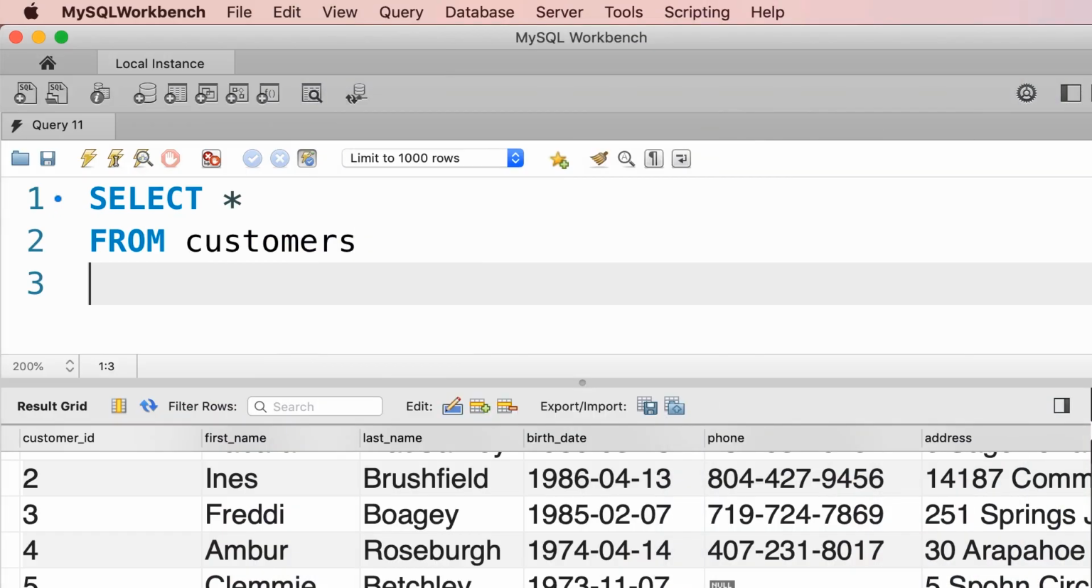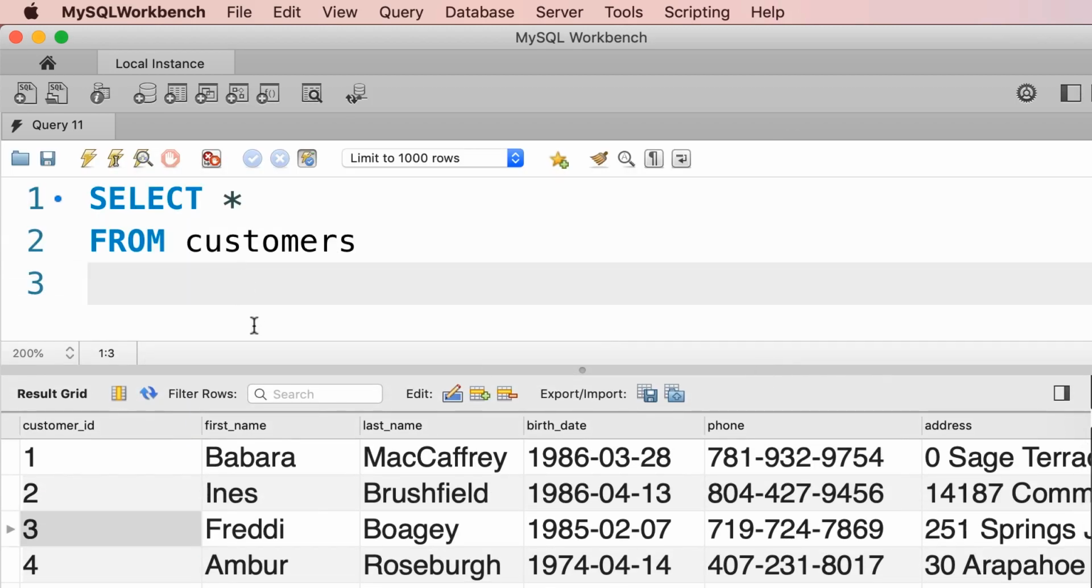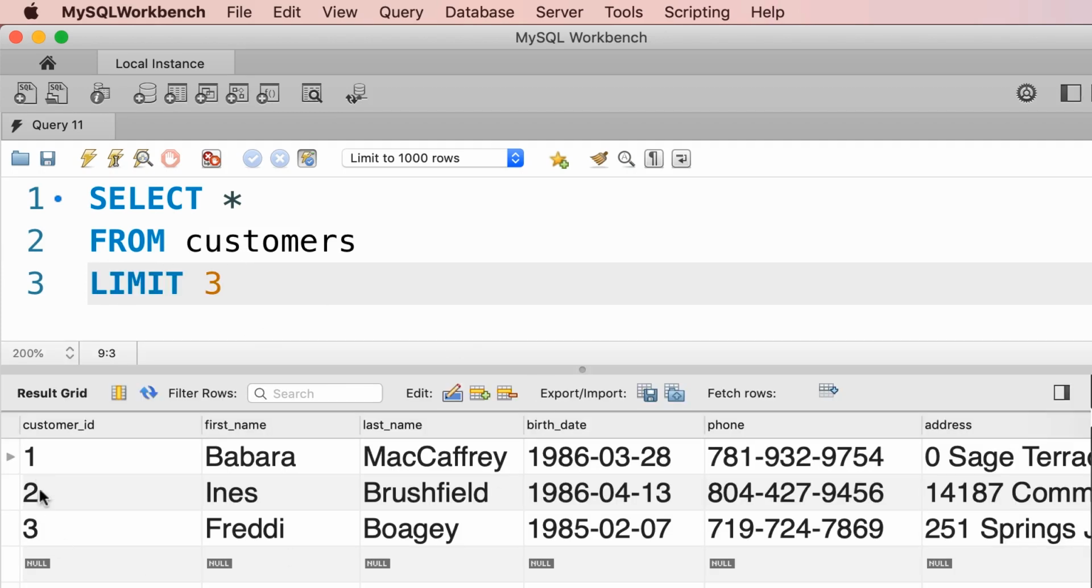In this tutorial, I'm going to show you how to limit the number of records returned from your query. For example, when we execute this query, we get all the customers in the customer table. So we have 10 customers here. Now, what if we only want to get the first 3 customers? That's where we use the limit clause. Let me show you. So after from, we type out limit 3, and this will return only the first 3